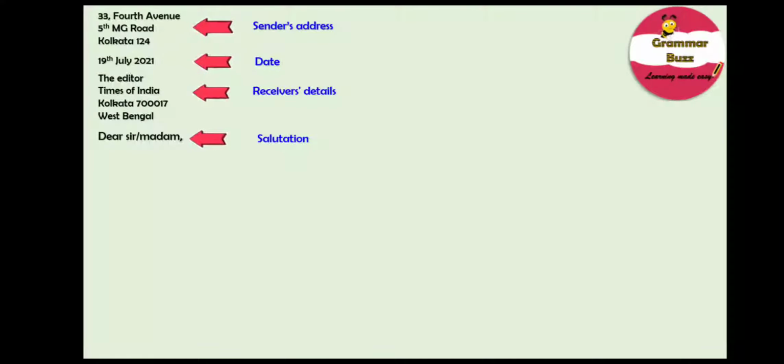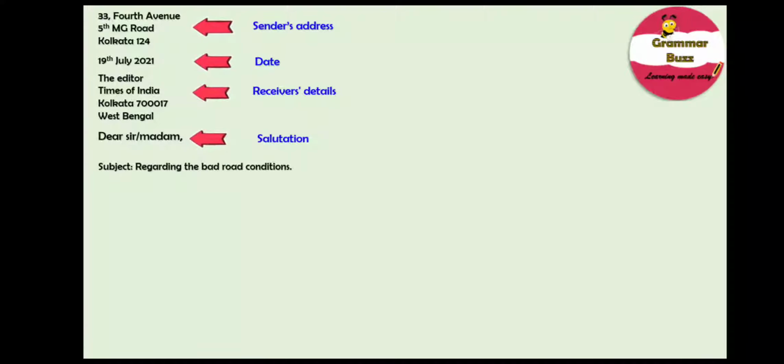The fifth step is writing the subject of the letter. This letter is about the potholes on the road causing problems. So we can write regarding the bad road conditions. Now comes the most important part of the letter. It is the body or the main content of the letter. As discussed earlier, the body contains three distinct parts: the introduction, the main content, and the conclusion.